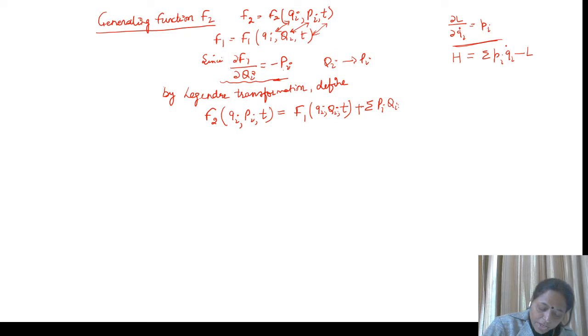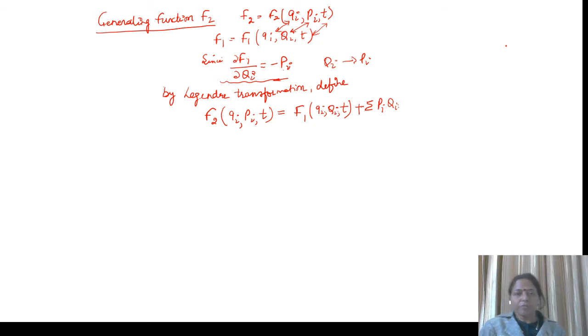So similarly, you are having this relation. Here you have taken the combination of these two. Here you will take the combination of these two. If I write it as L minus sigma pi qi dot, then if this relation is with positive symbol, then we take negative, and because our relation is with negative symbol, in this case the Legendre transformation is defined as